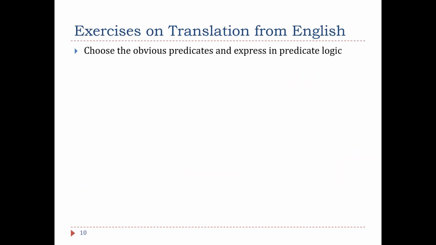Other exercises: choose the obvious predicates and express in predicate logic. So brothers are siblings. I recommend that you do this exercise by hand. So just pause the video, go to slide number 10 and do it on your own. I'm going to do just the last one with you actually. So this one is straightforward. For every x and y, if x and y are brothers, then they are necessarily siblings. It's quite similar to the